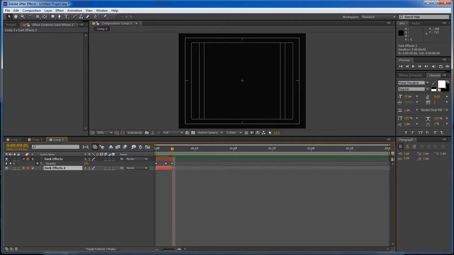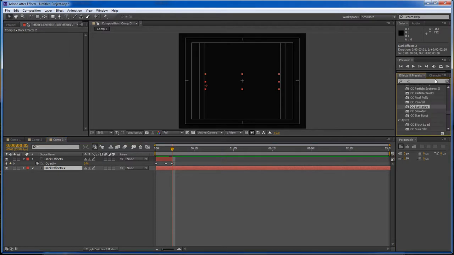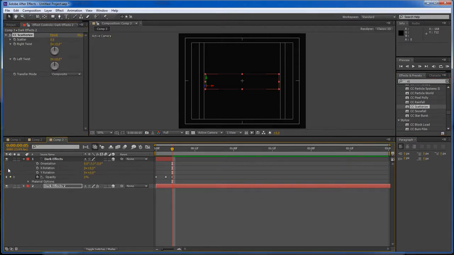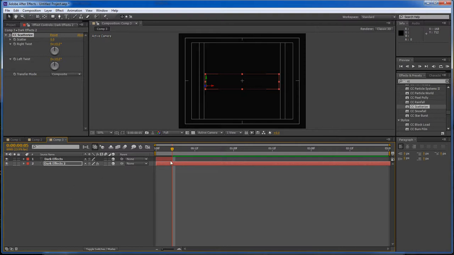text layer, we want to have it spread all the way out, and then we want to come over here and we want to add CC Scatterize. Grab a hold of it and drop it onto our text layer. Make them both 3D. And then let's go ahead and expand, because we're going to have to work inside of our CC Scatterize. So let's go ahead and